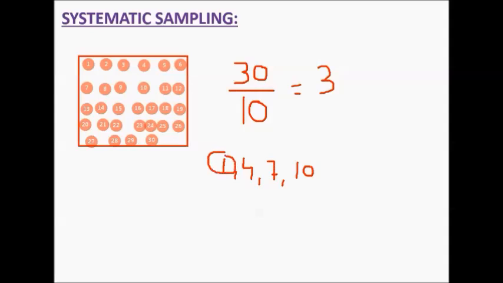If you select your starting point as 3, if you start with 3, the next element will be 6. After that 9. After that 12. And so on up to 30. What will be the last element? Last element here will be 30. And what will be the last element here? 28. So in this way you can convert this population into a desired sample size of 10. Here you will get 10 elements.